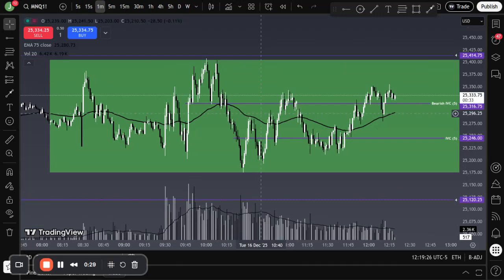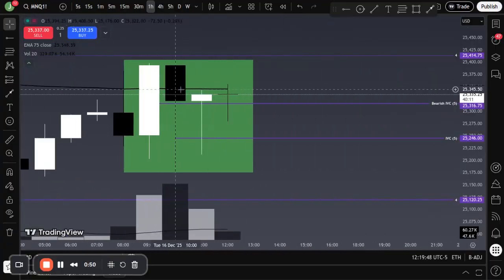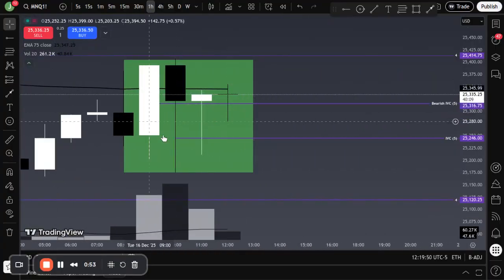But if you do decide to tread these waters, here's how you can get an edge in a ranging market, right? Using volume. So the first thing I want to do is go to the higher time frame. So from here, maybe I look at the one first, right? If I look at the one, that 1 minute range looks like this,